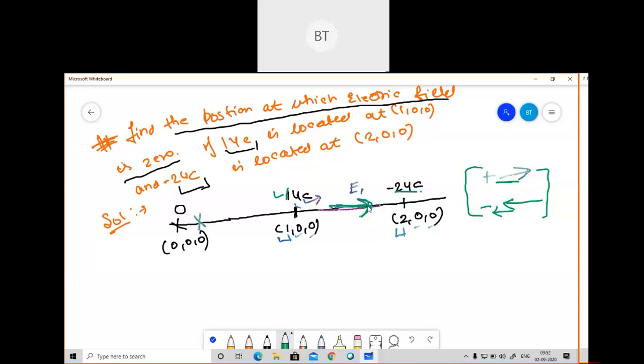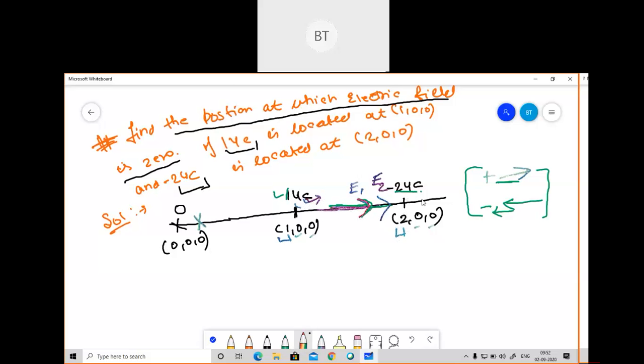So the other arrow will be like this, the same only. This is for E1 and E2. Why E2? I had made this arrow because this should come towards -2 microcoulomb. So you are getting it now. Because of this 1 microcoulomb, this is going away from it, so I put this arrow.